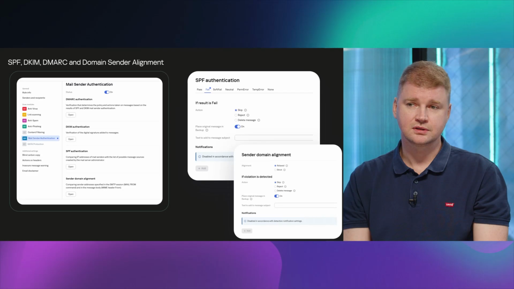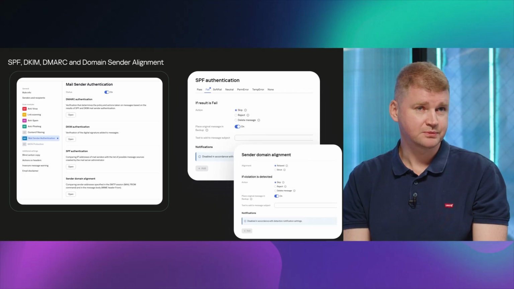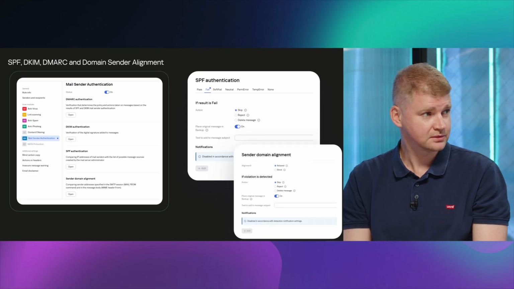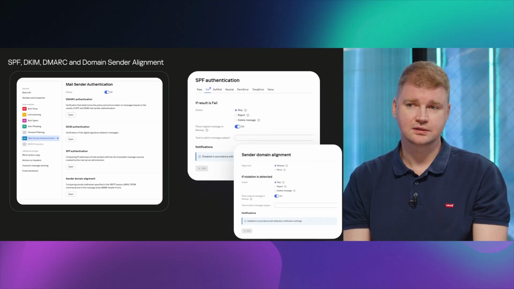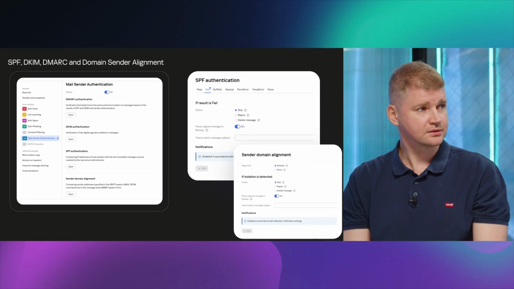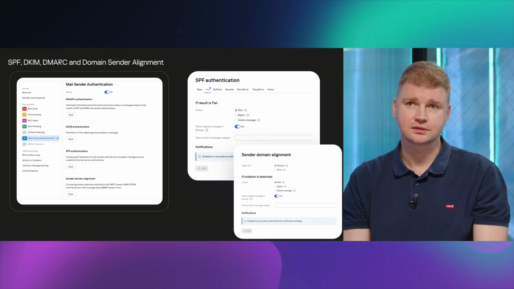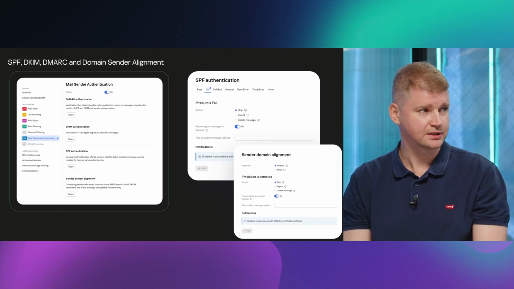For instance, remote admins sometimes set up only SPF records on their mail gateway and nothing else. That's why we need a flexible tool to protect companies against spoofing attempts, such as we have in our mail gateway.